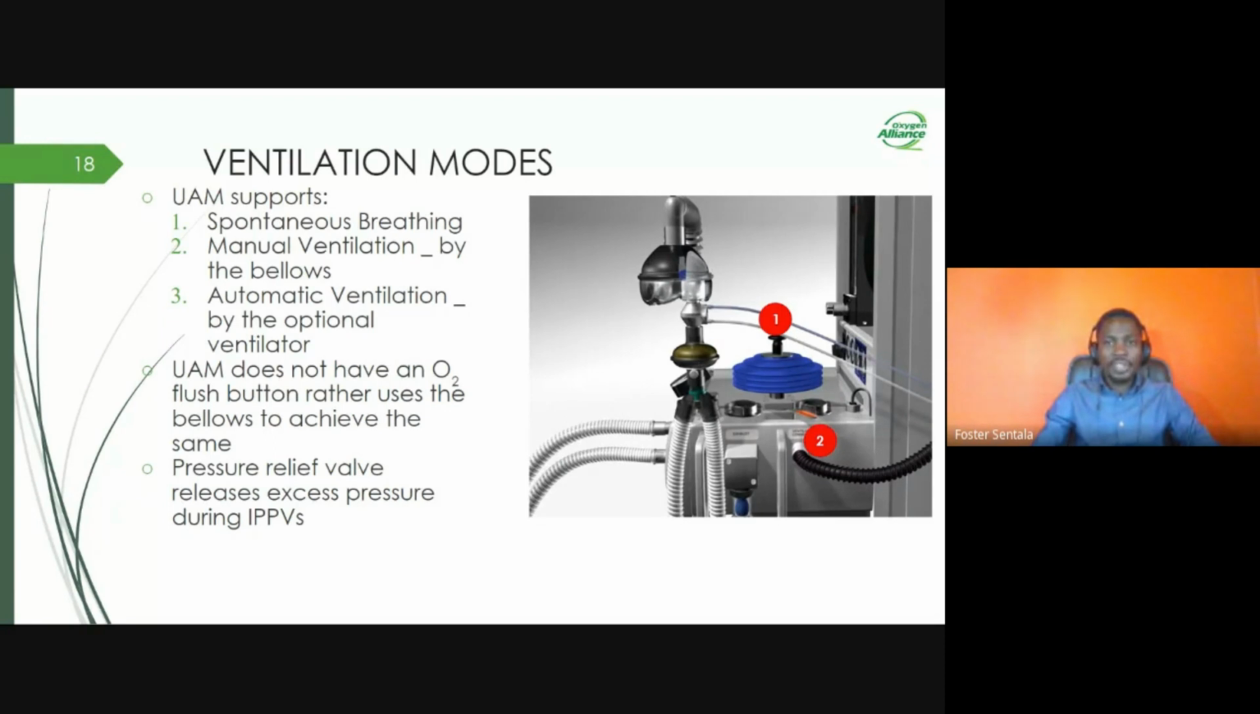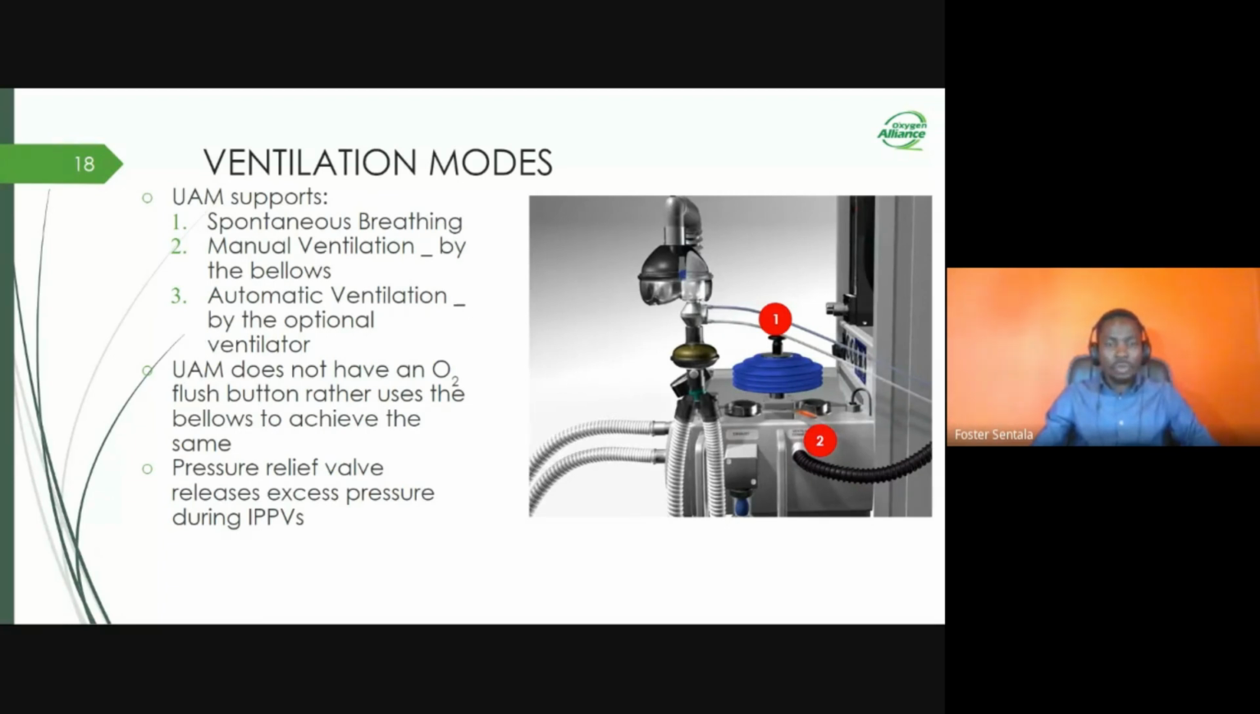So during spontaneous breathing, the first valve before the bellows opens, and these are one-way valves, the unidirectional valves. So when this valve opens, gas mixture is filled into the bellows. And during inspiration, the second valve also opens, and the gas flows freely from the bellows going to the patient through the inspiratory limb. And when the patient is expiring,